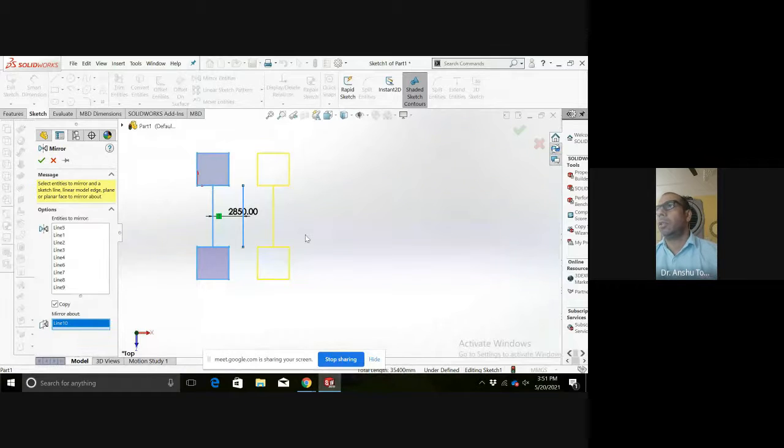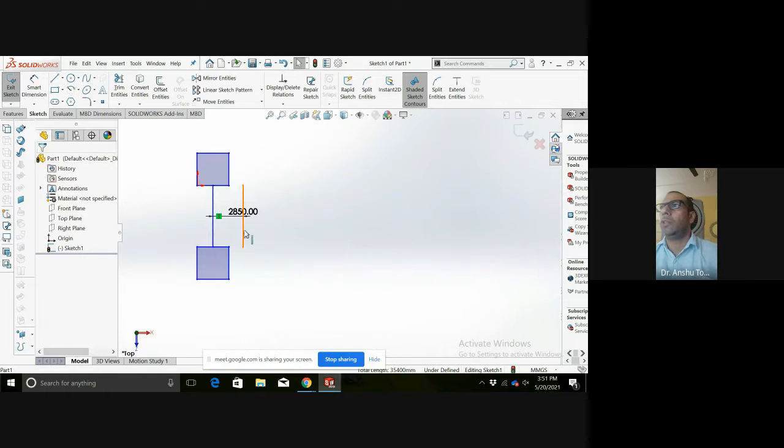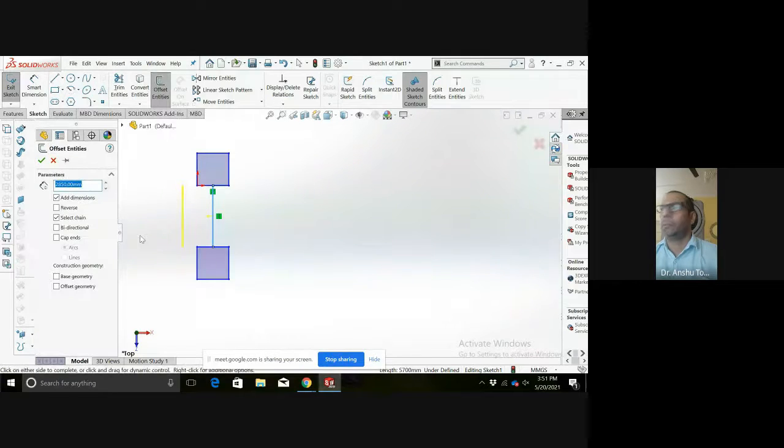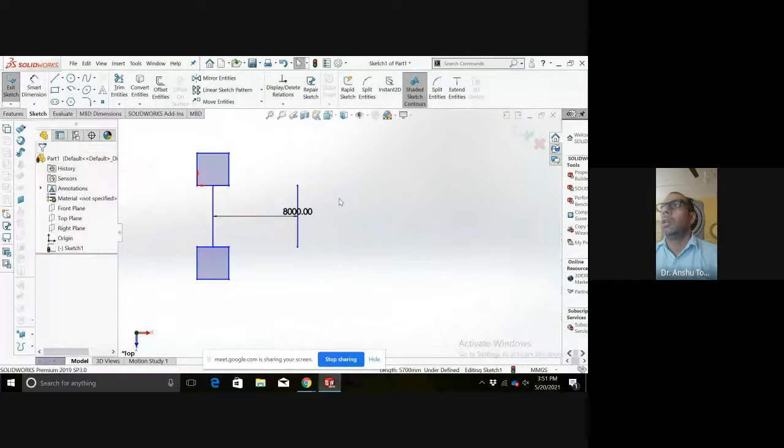So it is kind of square, but I will have to take more distance. It will not be sufficient. I will have to change the offset. So let me take it complete, let's say 8,000. Reverse 8,000. Now I will mirror it.